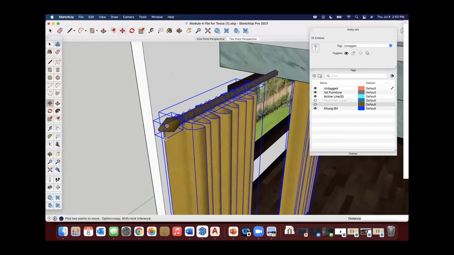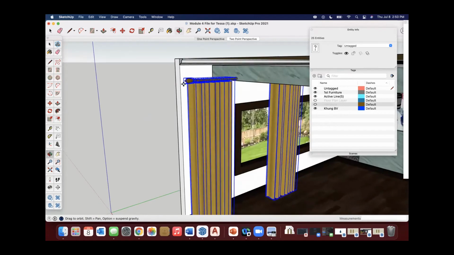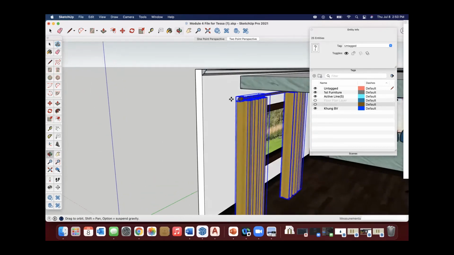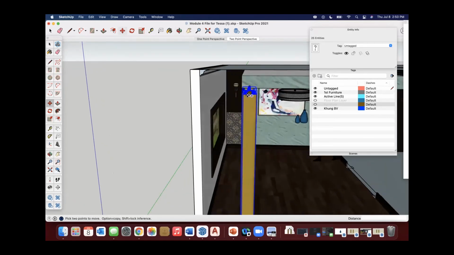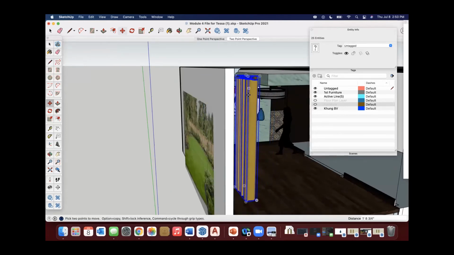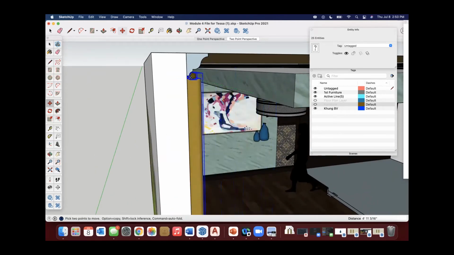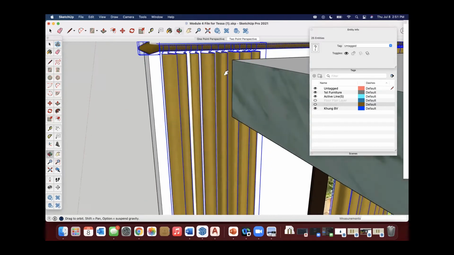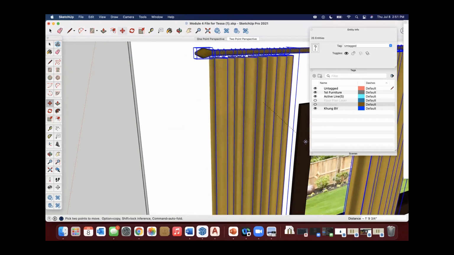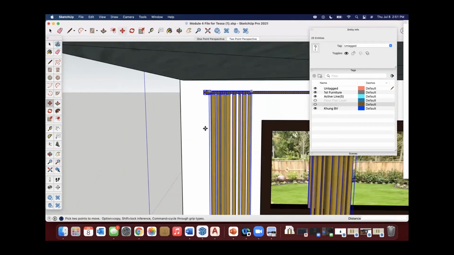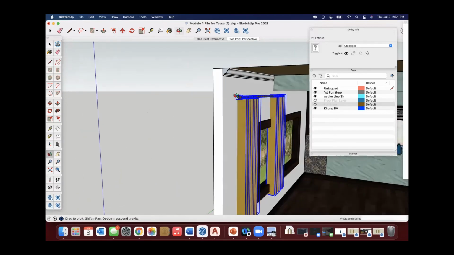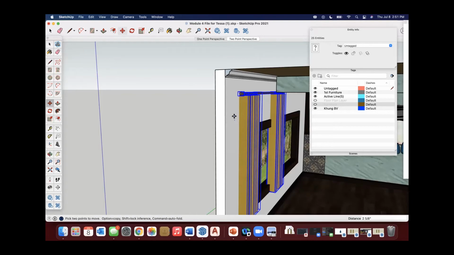And now I'm just going to move the whole thing into place about the height of where I want them. Whoops, sometimes it takes a little finagling to get it onto the actual wall. So fun. Getting closer, getting closer. There we go. Okay, so I'm going to get them to right about the height. I don't like to have a huge gap of curtains to ceiling. And then we've got our feature here.